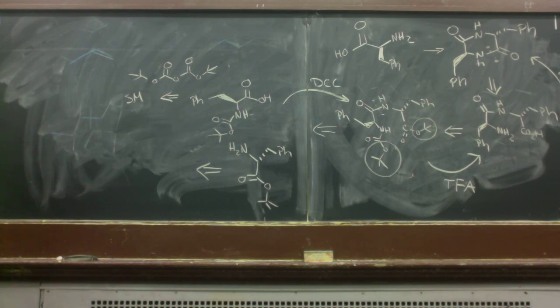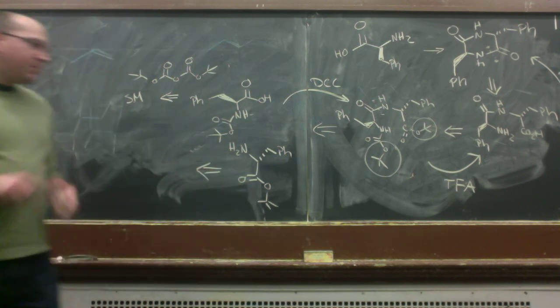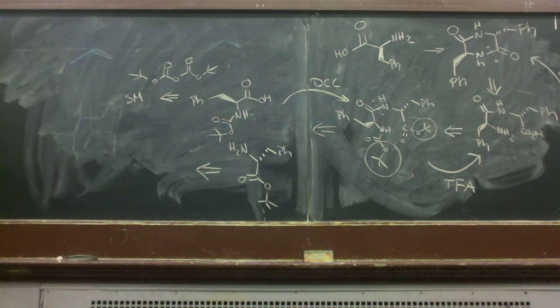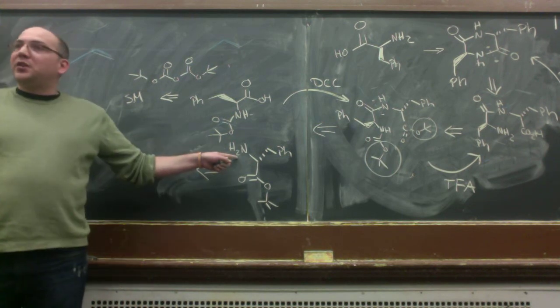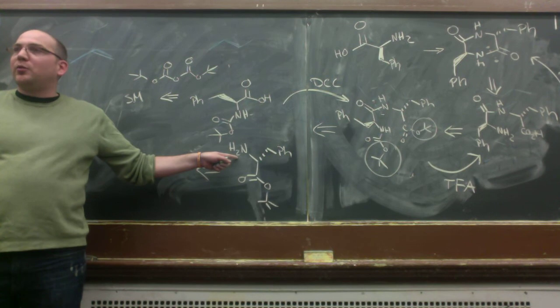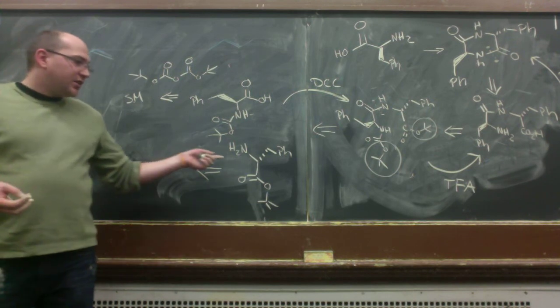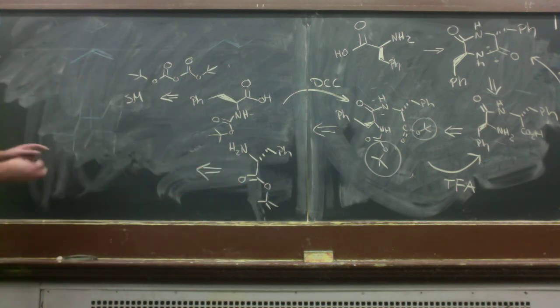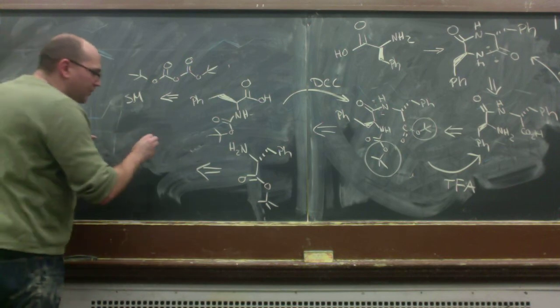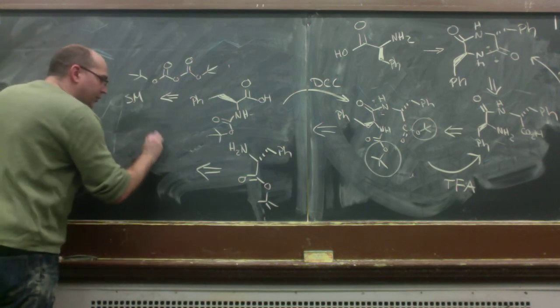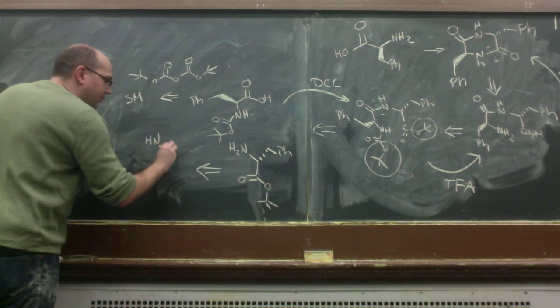I'm sure there are conditions out there that can be used to selectively protect this, but if you wanted to be safe, because the amine is generally more nucleophilic, especially with the t-butyl protecting group, what I would probably do, just to be safe, is protect the amine and then deprotect the amine afterwards. So do an orthogonal protecting group here. I think there are conditions that you can use to selectively put that on there. But certainly what you could do is have an orthogonal group, where, say for example,